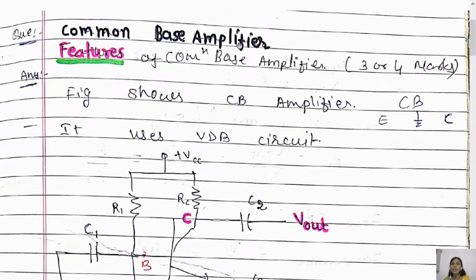The most important is the common emitter amplifier, which is used as an amplifier in most of the circuits, in which the emitter terminal is common, right? In the common collector amplifier, the collector terminal is common. And in today's topic, common base amplifier, CB amplifier, the base is common. Okay? What is the meaning of common? Base is grounded and the other two terminals will be used as input and output. Let us discuss the construction and main features of the common base amplifier.